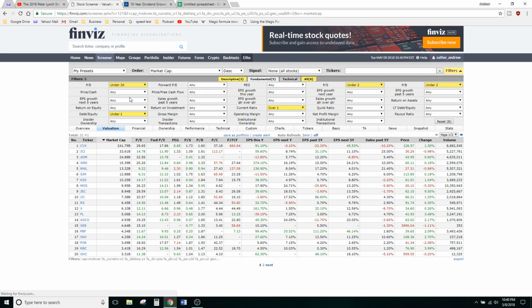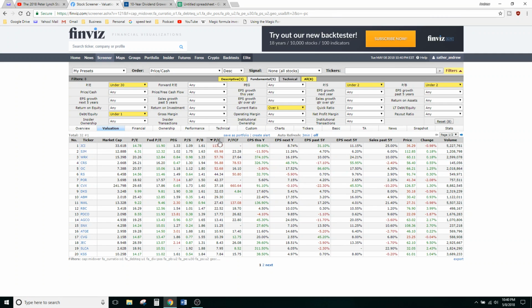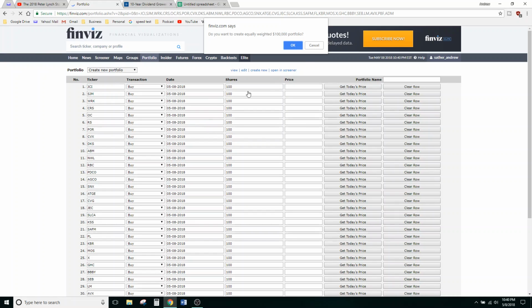So I'm going to narrow this. This one actually helps a lot too. So let's say if I sort by this, well, I don't like those, but maybe I like these. What you can do now is create a portfolio of these. And what this does is it gives you something that you can track,